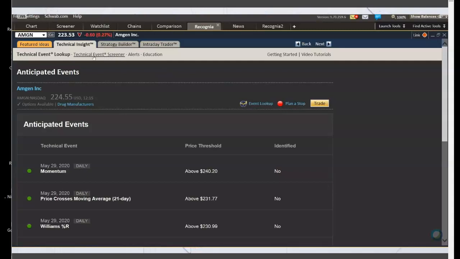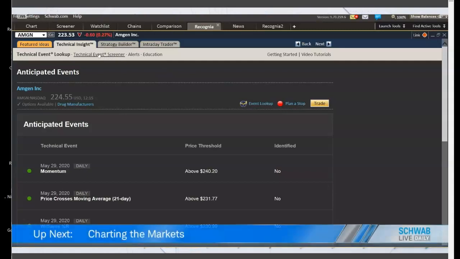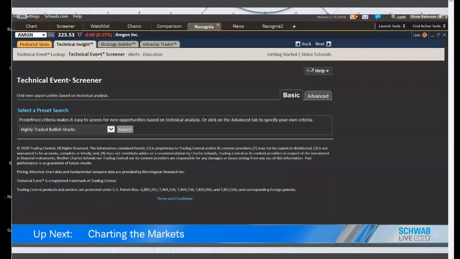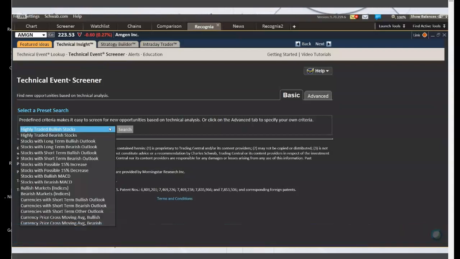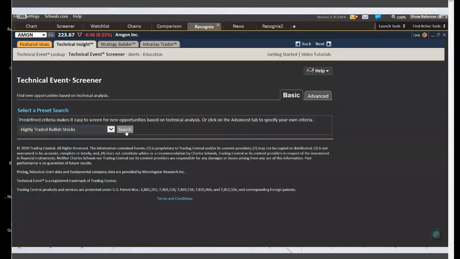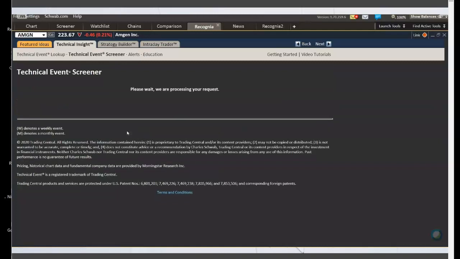Now, if you want, you could go to the technical event screener and get some ideas. So let's say you don't have a particular symbol in mind, but you just want to see what's going on out there. What you could do is click on the technical event screener and look up these preset screens, and they will tell you what's going on with these particular stocks. So for instance, you could look up highly traded bullish stocks. These are stocks that have,